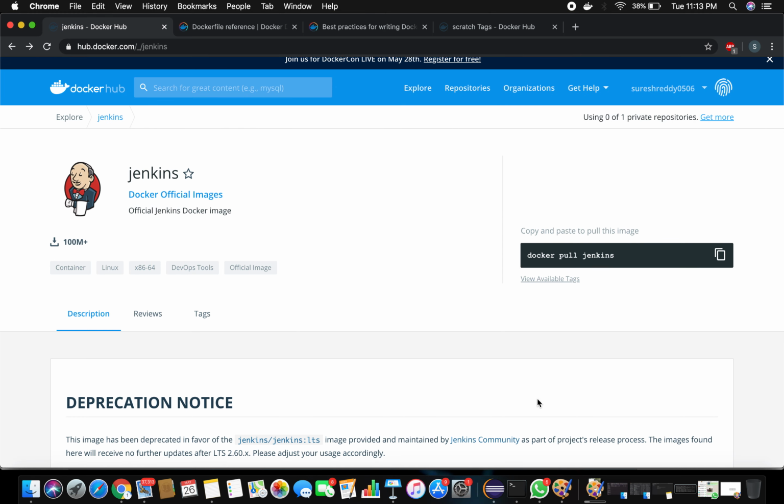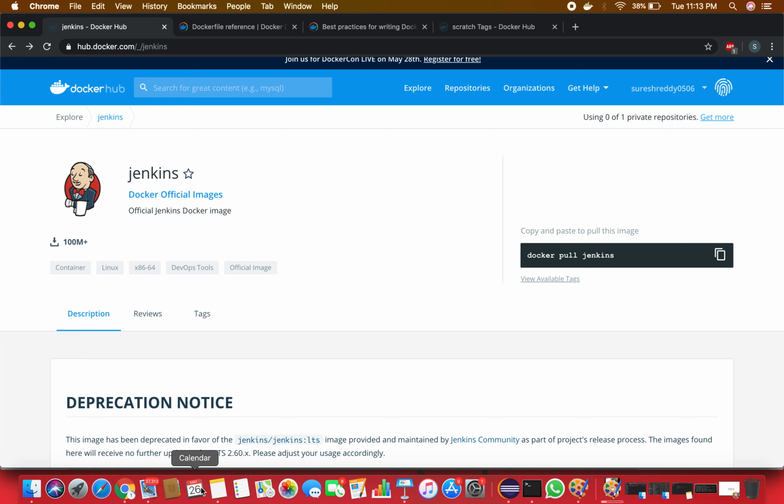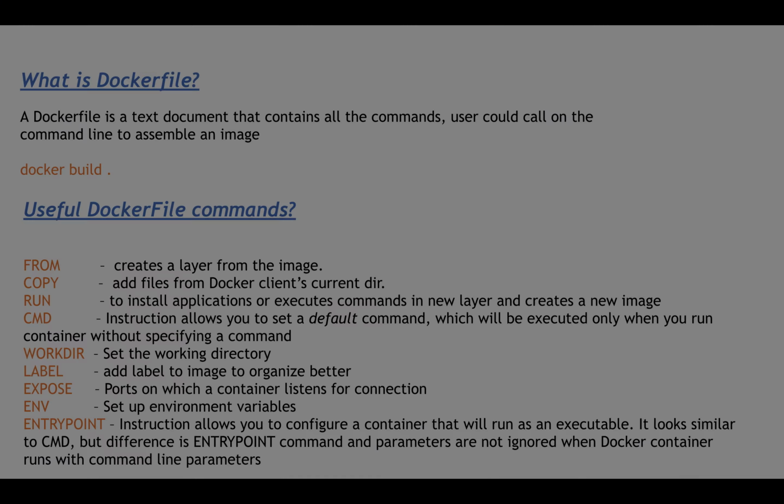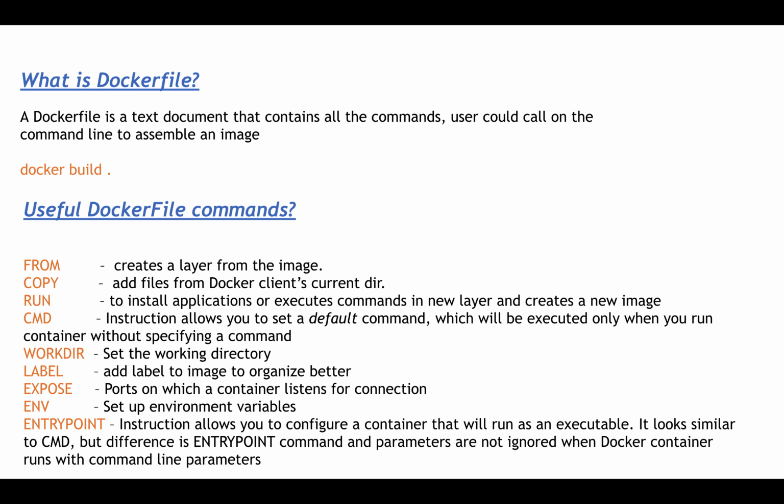And now let's look at the useful commands on the Docker. See, these are all the very useful commands if you want to build your own Docker file. Let's understand the commands.